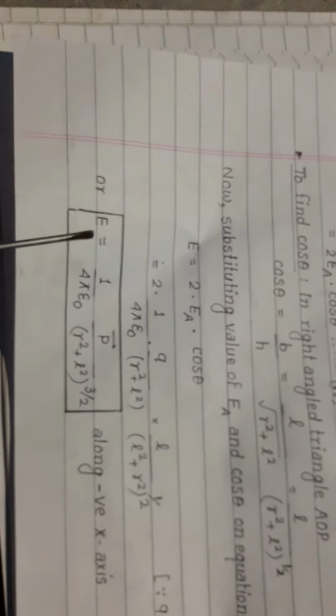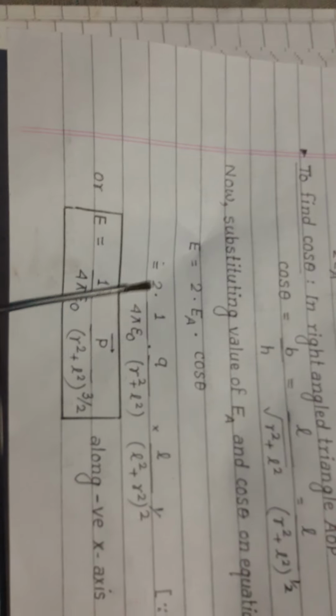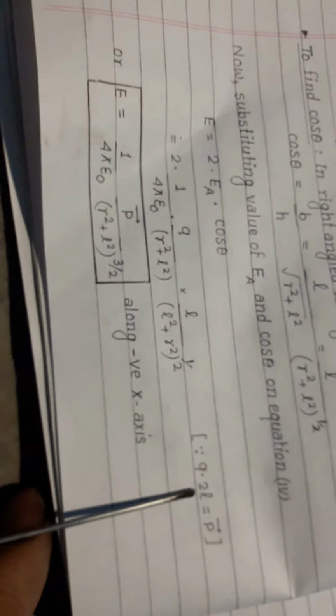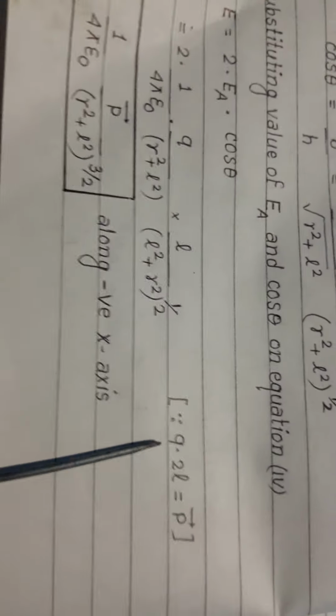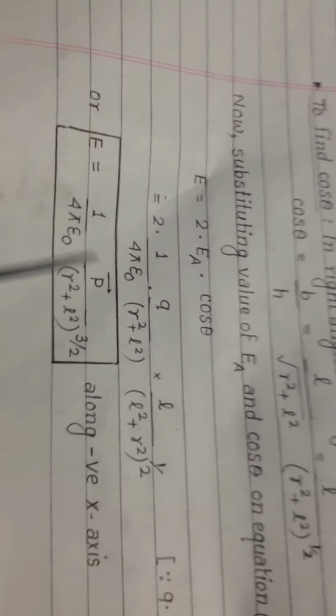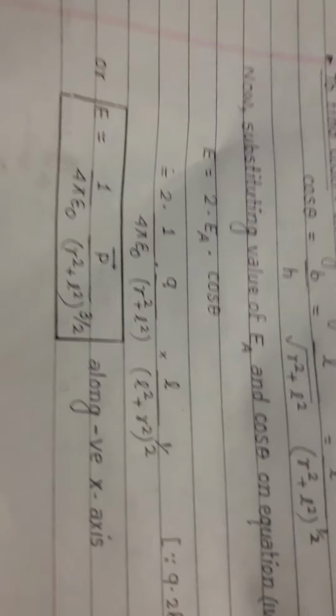So net electric field intensity will be E equal to 1 by 4 pi epsilon naught, and 2 into Q into 2L. We had seen that charge into dipole length, Q into 2L, is equal to dipole moment. So in place of Q and 2L, we can write P. So it will be 1 by 4 pi epsilon naught, P, that is dipole moment, by R square plus L square, and